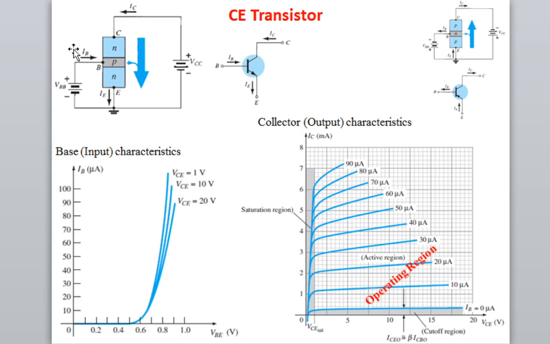Similarly, if you increase the input current to 20, 30, 40, 50, 60, 70, 80, 90 microampere, the characteristics remain the same, only the magnitude of the current is changing. So you are getting three regions in the output characteristics curve. The region where IB is equal to 0, that is, input current is 0, below this region is known as the cutoff region of your transistor for this common emitter transistor, as I have discussed in the case of common base also.